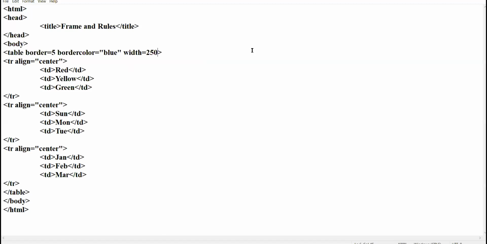Now this merging can be row wise or column wise. If the merging is row wise, it is in the vertical direction. If the merging is column wise, it is in the horizontal direction. So in order to have this merging feature, we use two special attributes, rowspan and colspan.